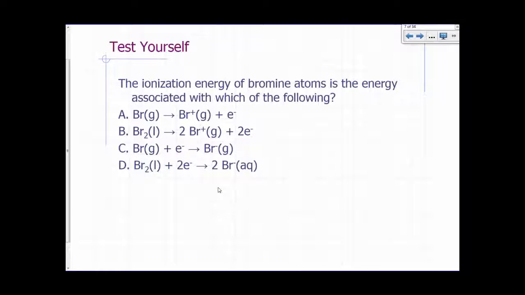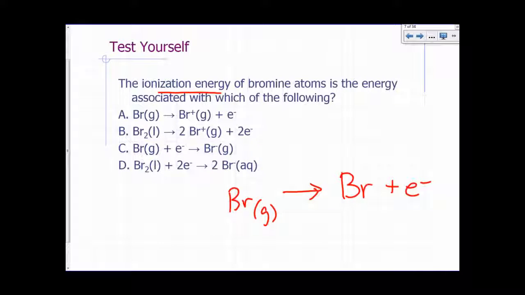Ionization energy of bromine atoms is the energy associated with which of the following? What did we say ionization energy was? Unless otherwise specified, we mean the first ionization energy. So we're talking about an atom in the gas phase losing an electron. So giving up an electron, what's left behind? That would have to be Br with a +1 charge. So that's this one right here. Bromine going to Br plus electron. Okay, that's